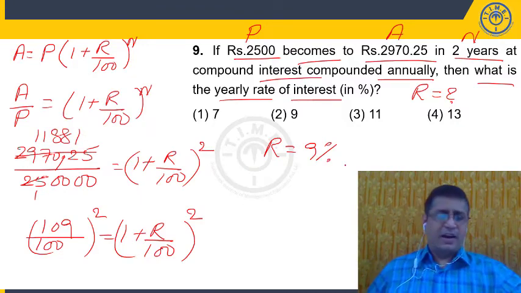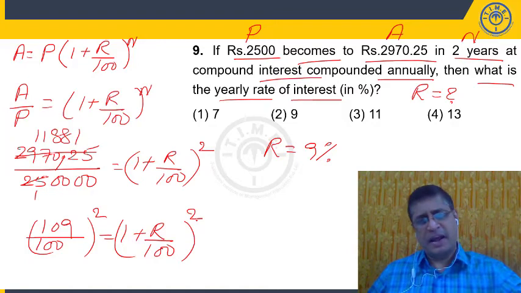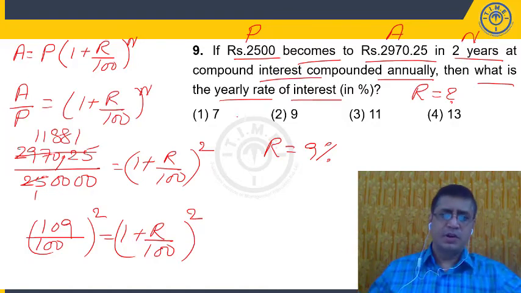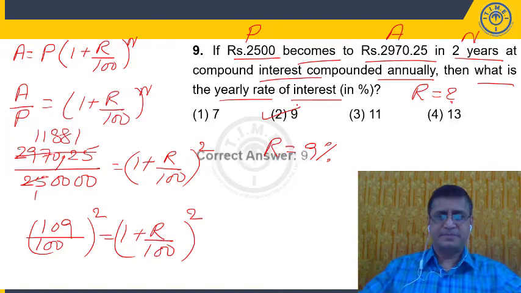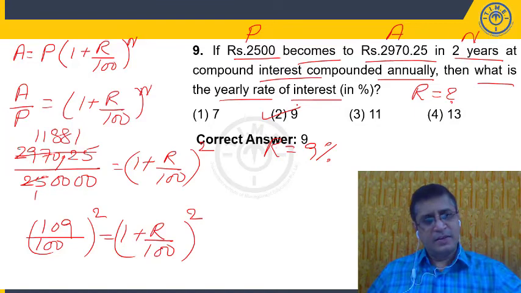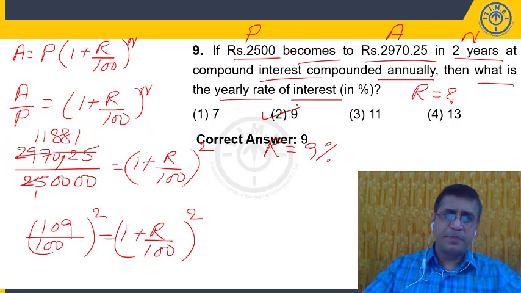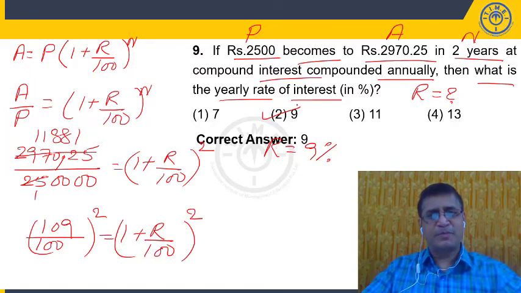Yes, my dear students, you are supposed to solve the question, you are supposed to do the calculations. By taking 1 to the other side, 9 by 100, the 100 gets cancelled, remaining is 9% per annum. The right choice is option 2. The second choice is the right choice. Hope you are copying all these explanations and solutions. Now, shall we go to the next example? Come on, say yes or no.